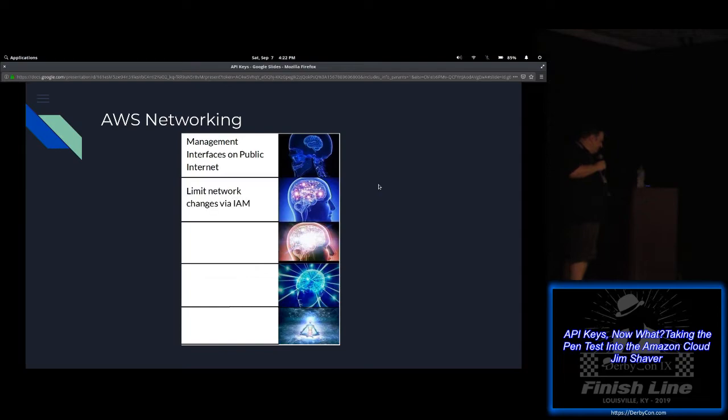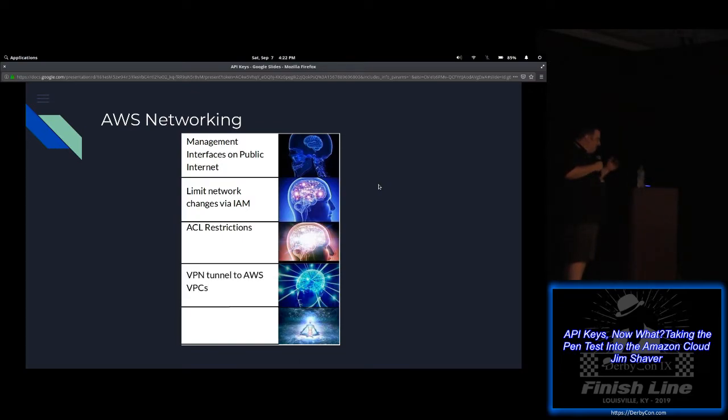So the next level is, and these second, third, and fourth levels, you could take them in multiple orders. I like this order. So basically, you're starting to fire your synapses: limit network changes in IAM. So only let the people who know how to do networking in AWS do it. That's step 2. Step 3 is you could ACL off and just say port 22 and 3389 you can only get to from certain IPs. You're starting to fire.